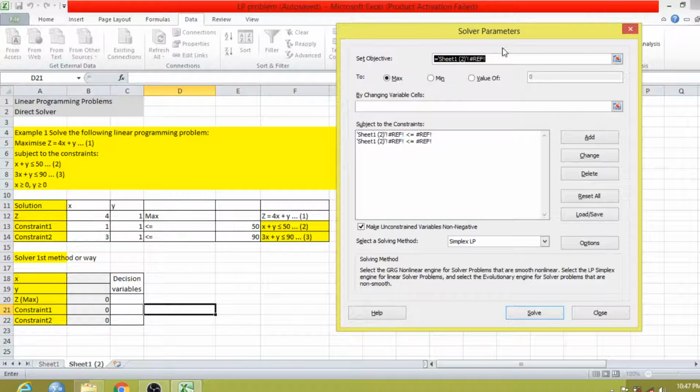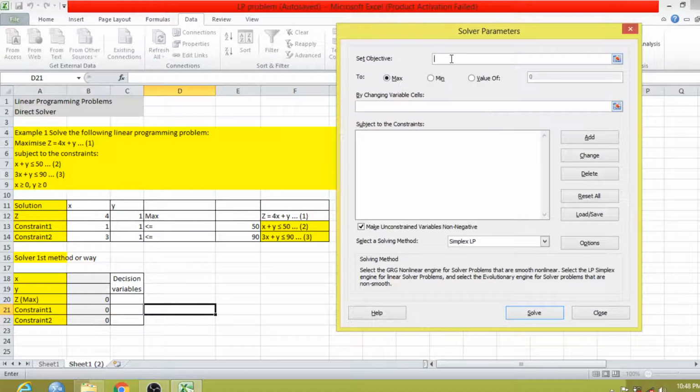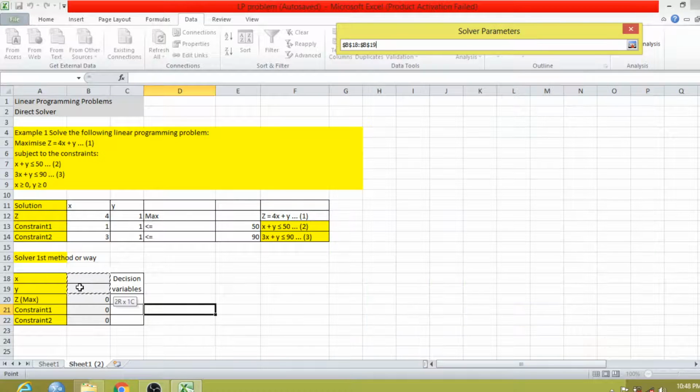You will see that some data has already been filled in here, so we will reset all. Now we will set our objective. We will select the cell where we want the maximum value, this is B20. Now we will identify whether we want to maximize or minimize. So here we want to maximize. Now we will select variable cells. These are the variable cells x and y.